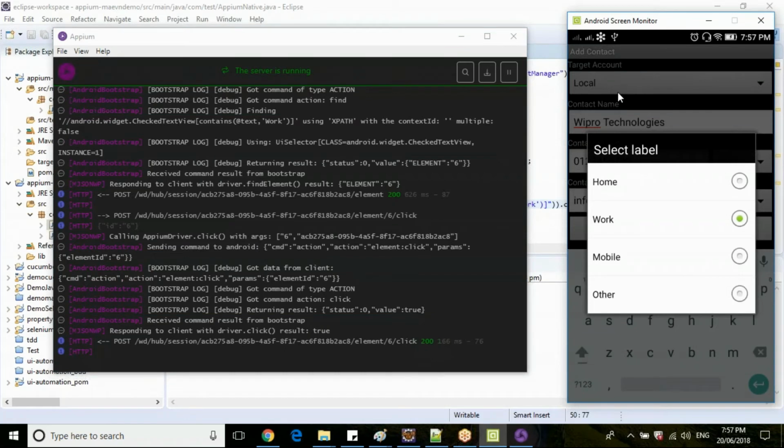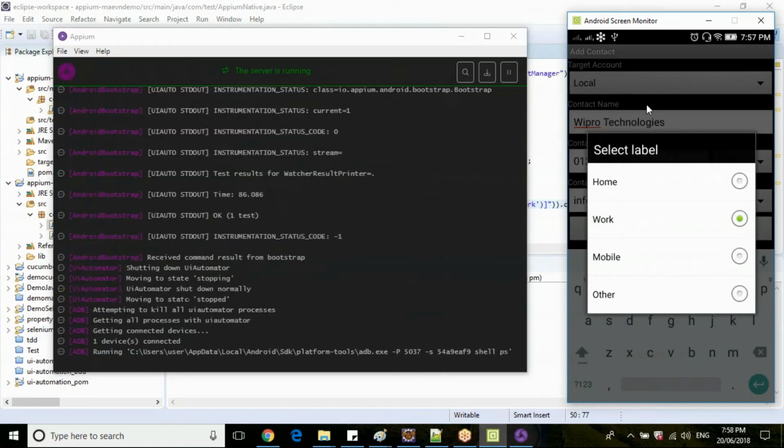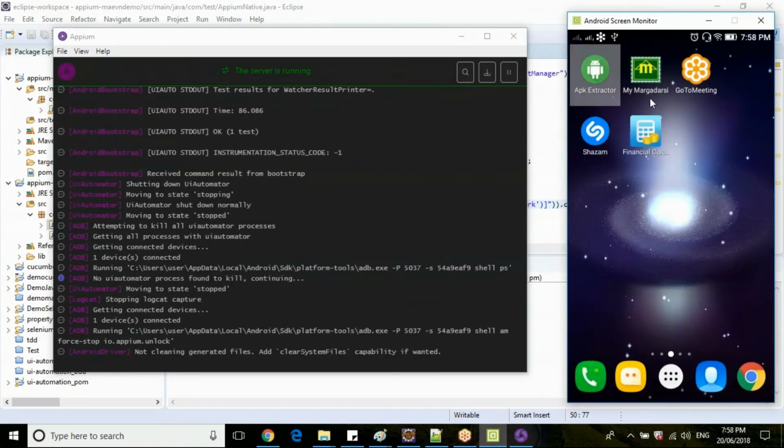Any queries in identifying the native elements using UI Automator viewer? Do you want me to take one more example on a different application other than this contact manager? Are we good with native? Okay.